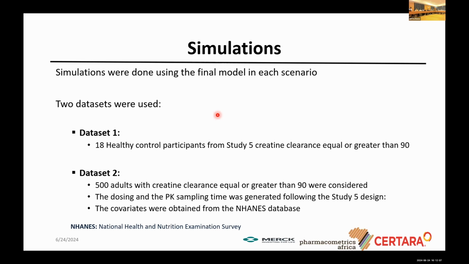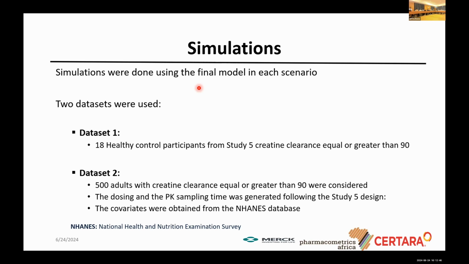Okay. Thank you, Ali, for the presentation. Straight from where I stopped, looking at our aims, the aim of the study was trying to eliminate recruiting healthy participants in organ impairment PK studies. So with the data we had and how it was partitioned, we did 5 models for each drug, each model a scenario. And from the final models, we did simulations.